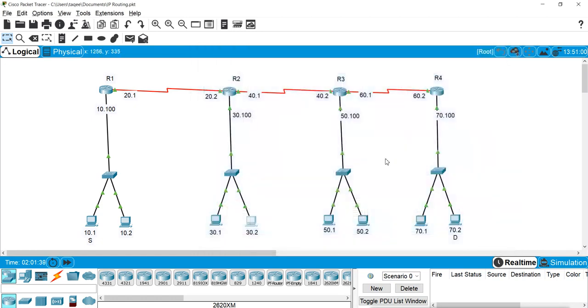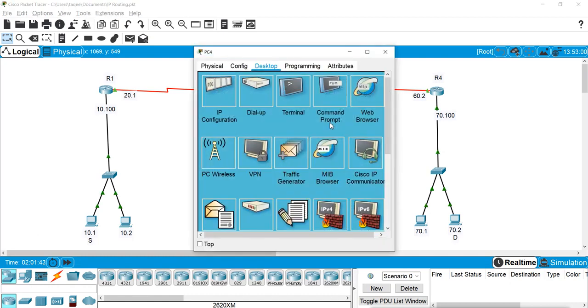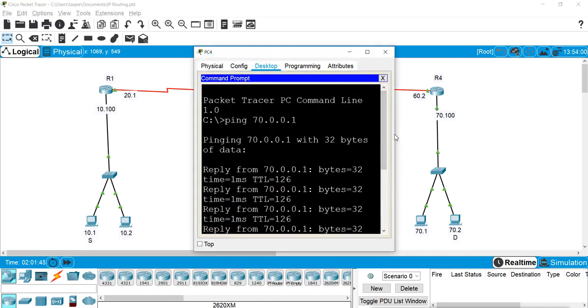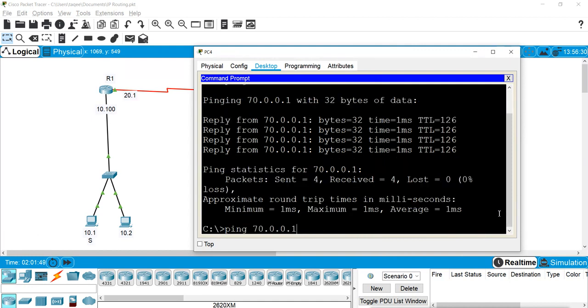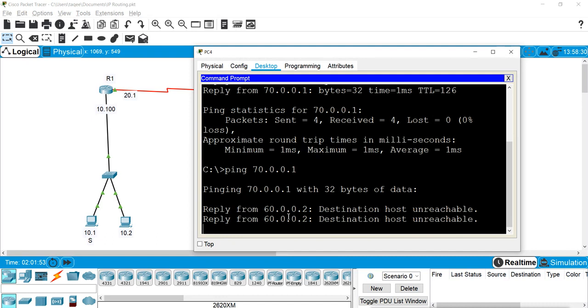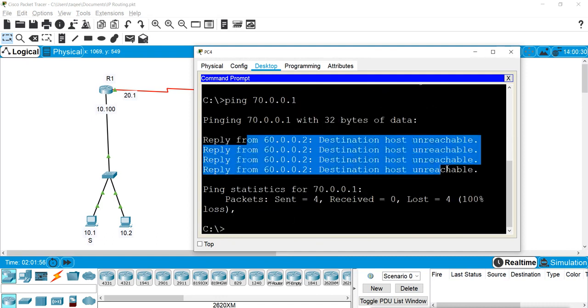From this 50, I wanted to allow the whole 50 network, but I made a wrong entry. Previously it was pinging. Now when I try, it says destination host unreachable. 4 packets are sent and there is no reply. Why? Because of the wrong entry we made on the router.